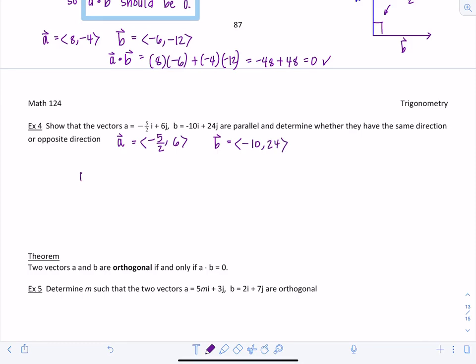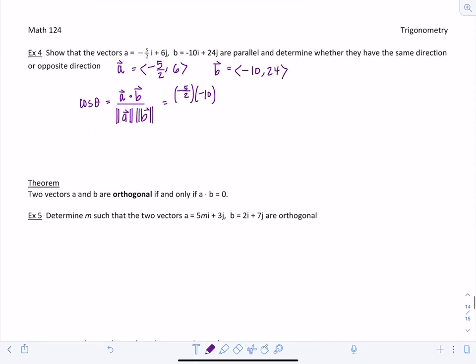So again, cosine theta is equal to A dot B divided by magnitude of A times the magnitude of B. So let's see what A dot B is going to be. So negative 5/2 times negative 10 plus 6 times 24